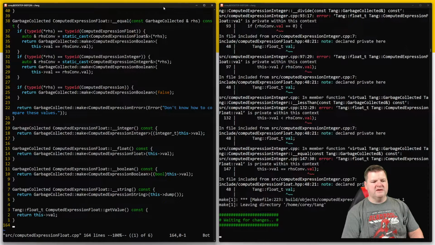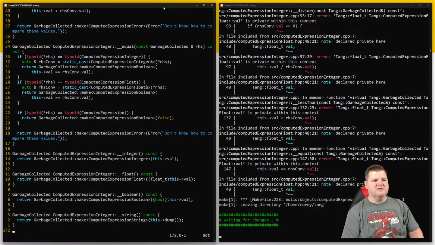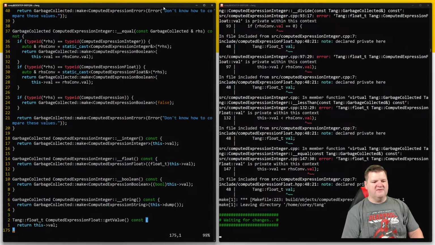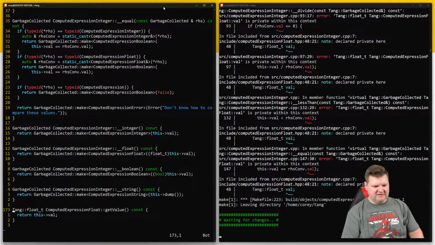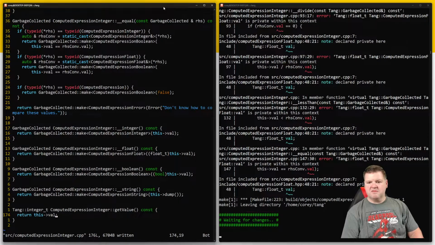And I'm just going to copy these lines and now go to the end of, this should be integer t, integer, get the value, this arrow val. And then last,